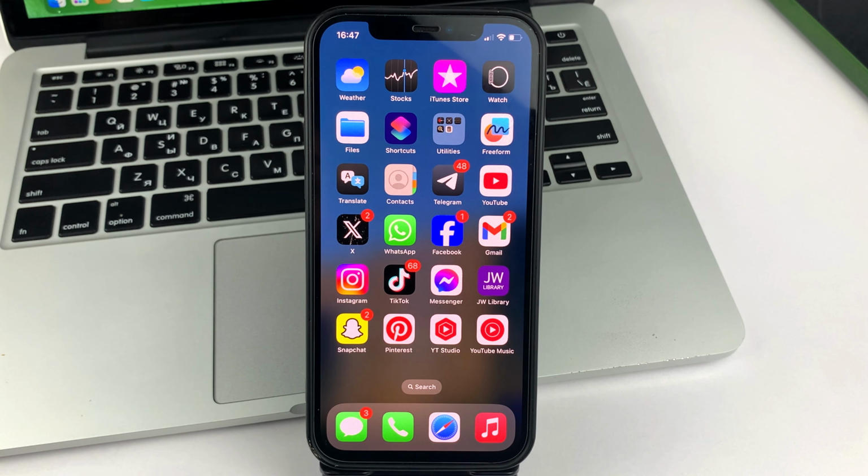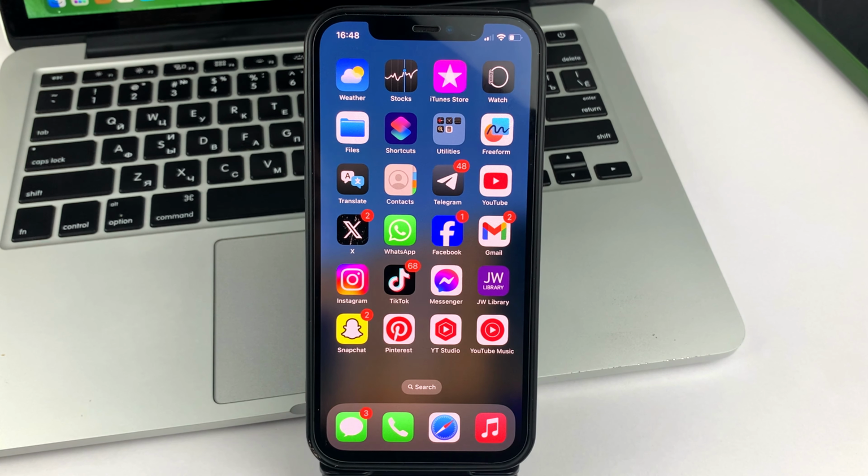application on your iPhone. Friends, let us get down to the topic. I will show you in this video 2 ways how you can change the language in the Telegram app. You will choose the one you are more comfortable with. If you need to change the language in the Telegram app to use the app more conveniently, but you don't want to change the entire language of your iPhone, it's very easy to do so.